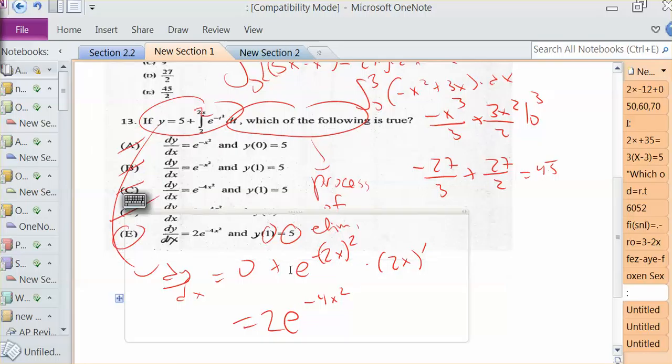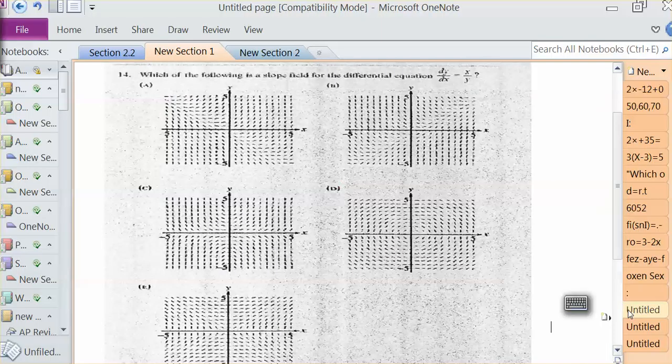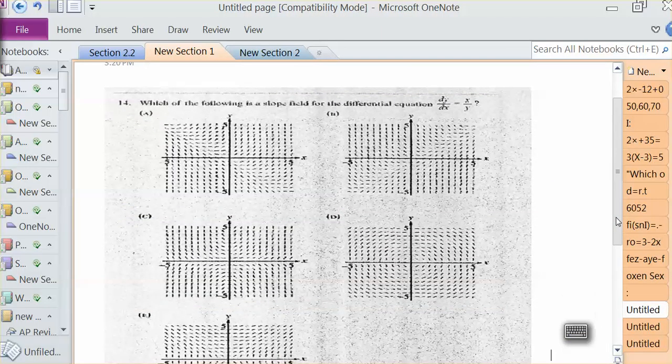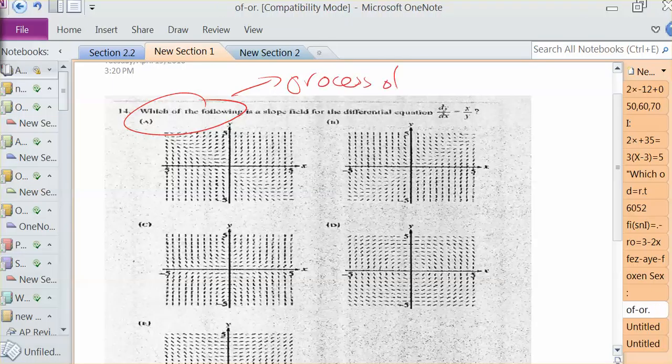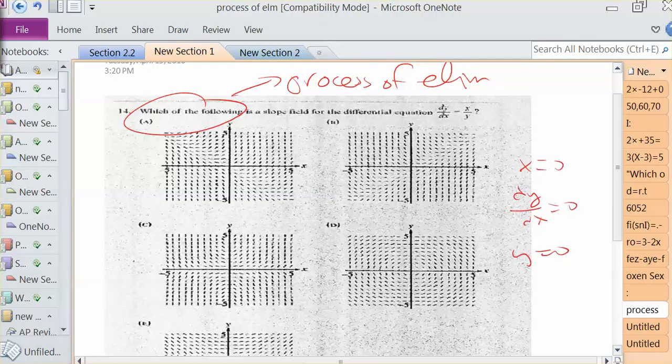14. Slope fields, which I haven't seen in a while. Again, which of the following? Process of elimination. So when x is 0, clearly our derivative is 0. And when y is 0, our derivative is undefined. And of course, when x and y are both